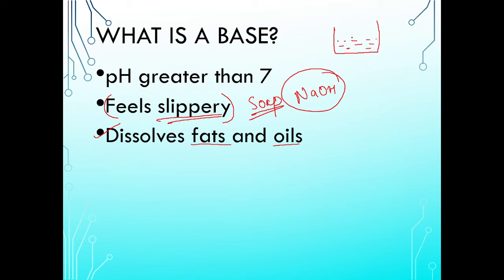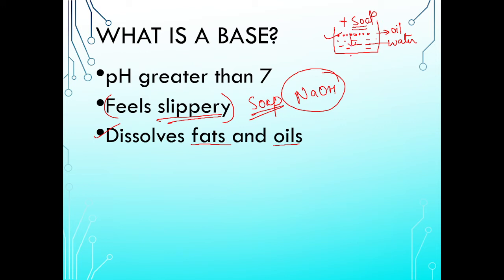dissolve water and suppose this is oil, water and oil. You will find whatever you try, it is going to be unmixed. They never mix with each other. But when you add soap to this water and oil mixture, this soap will help this oil to get mixed in this water.